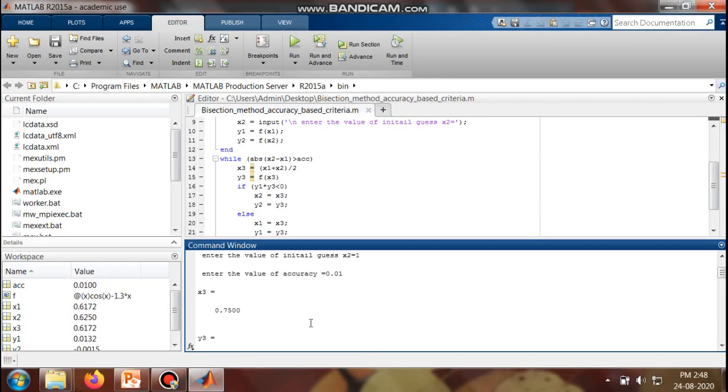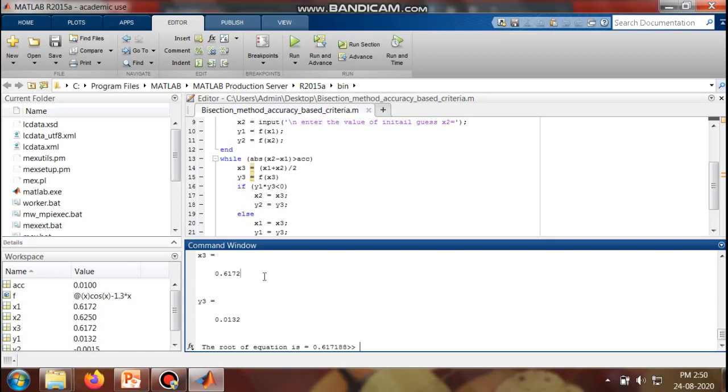Now if you want to find how many iterations have been performed, you can count the values of x3. So x3 for the first iteration was 0.75, for the next iteration it was 0.625, for the third iteration it was 0.525, for the next iteration it was 0.5983, for the fifth iteration it was 0.6094, for the next it was 0.6172.